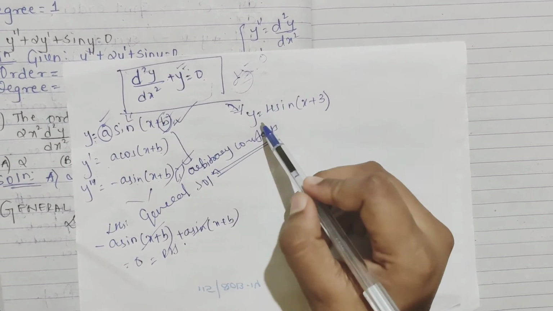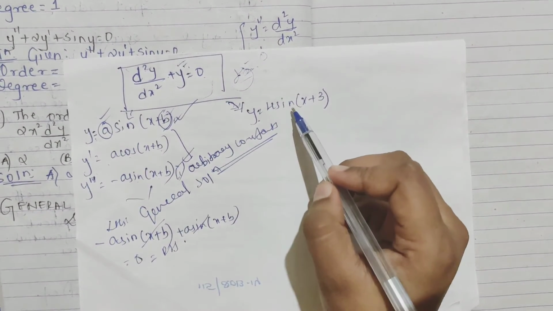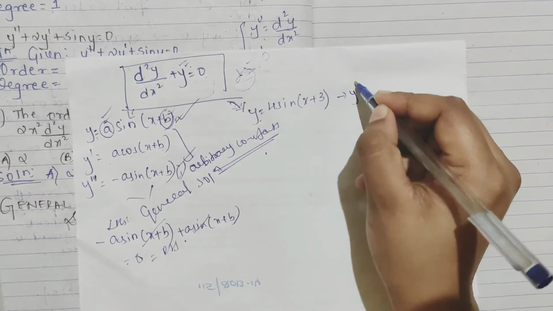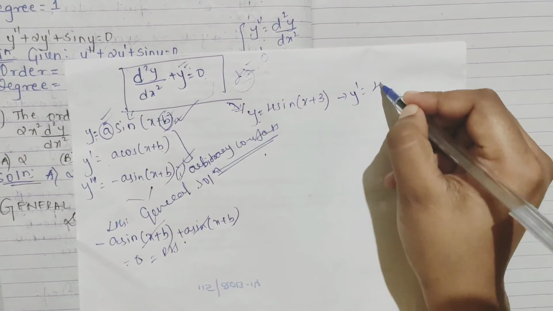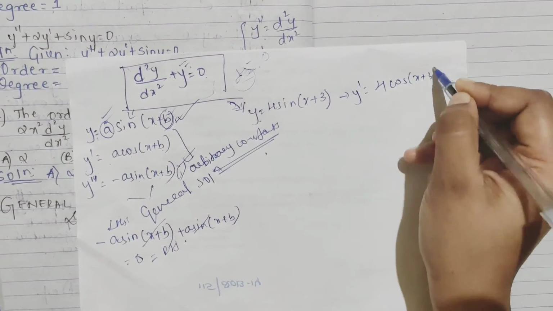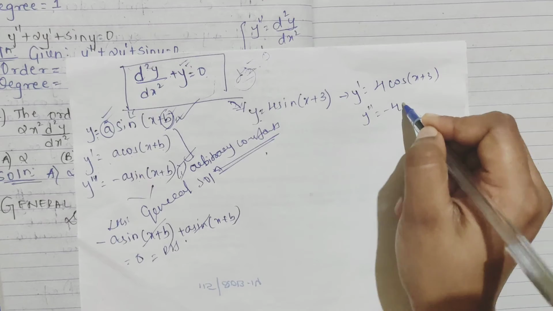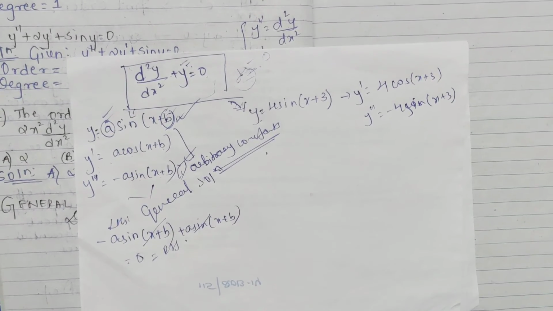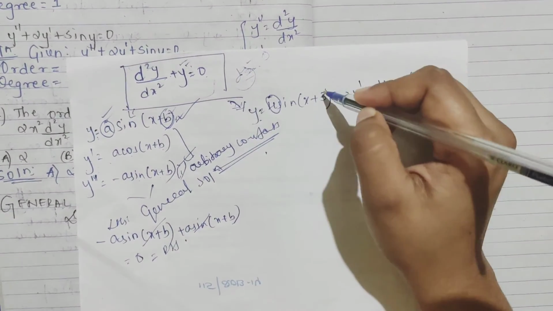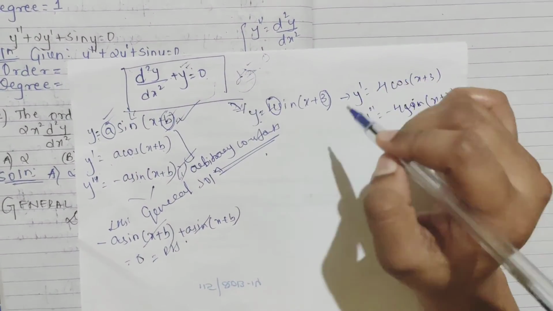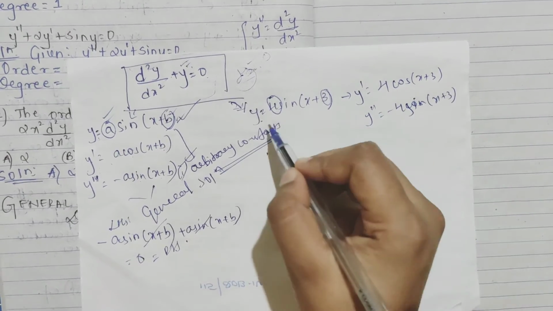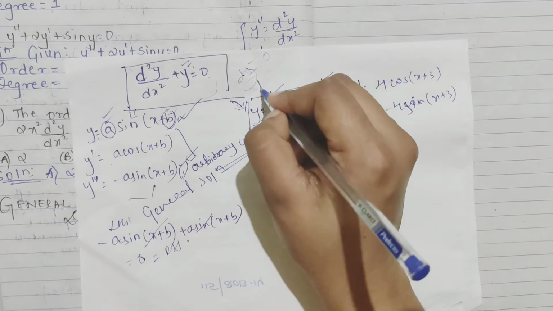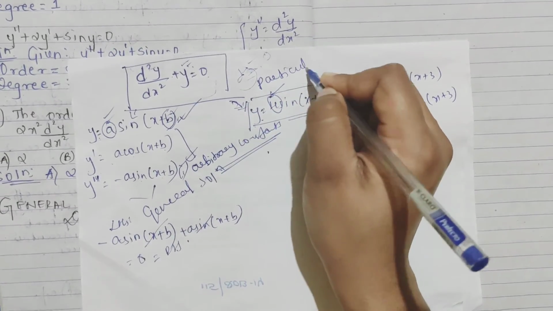Particular solution means, now you see you have the question y is equal to 4 sin x plus 3. Again like this you will find the first derivative. So it will be 4 cos x plus 3. Y double dash will be minus 4 sin x plus 3, like this. Here you see the constants 4 and 3 are mentioned. For this you are not getting many solutions, you will have only one. Because here they have mentioned it, so we call it a particular